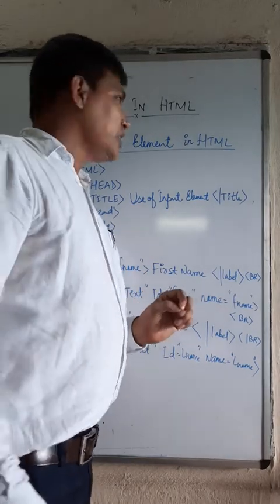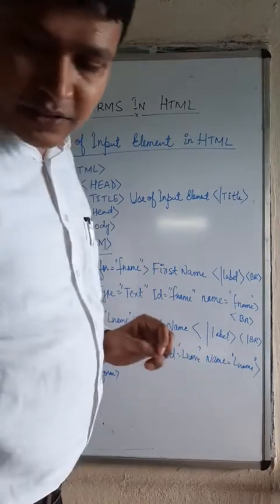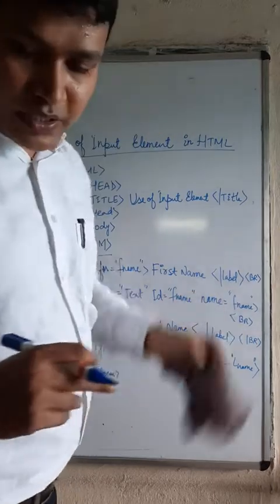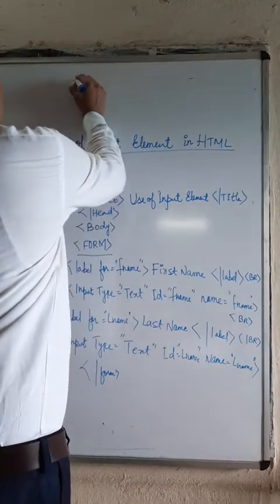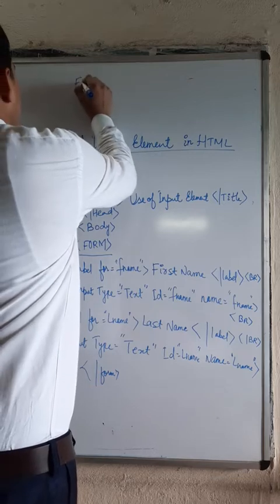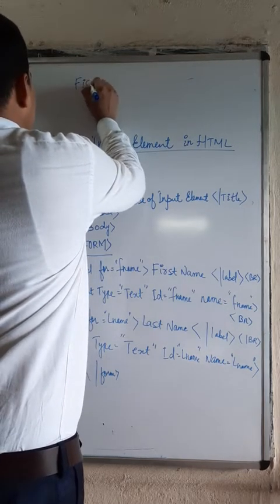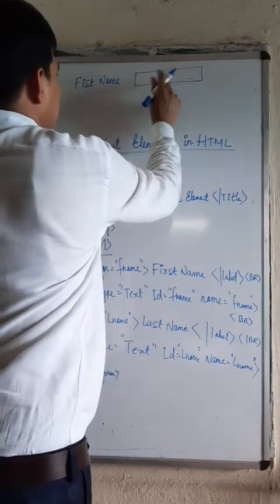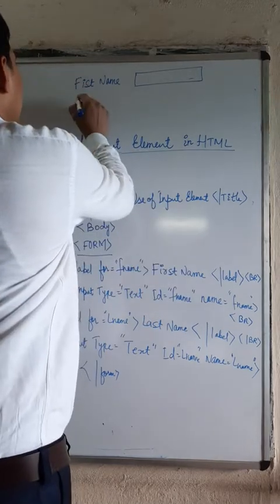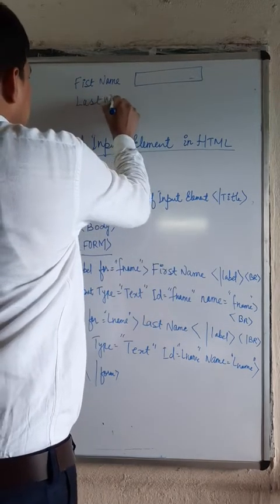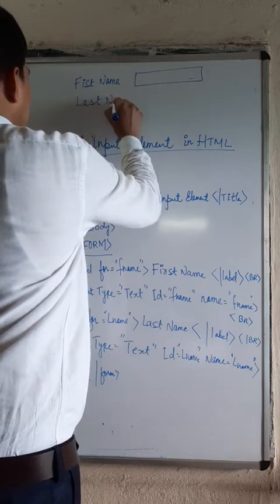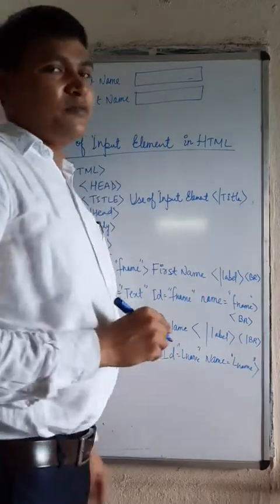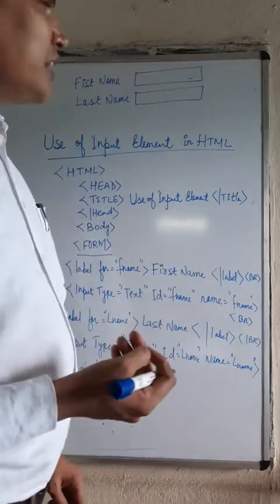Now students, if you are going to display a form like this, there are two things that we discussed, first name and last name. There is a box that accepts the name, the first name is the label, and then the last name. These two things I am discussing in this video also: how to create this label and how to create these two input boxes with the help of their different types, attributes and tags.